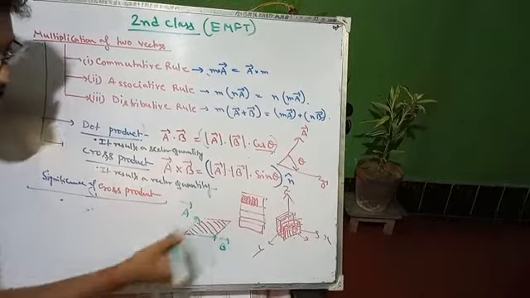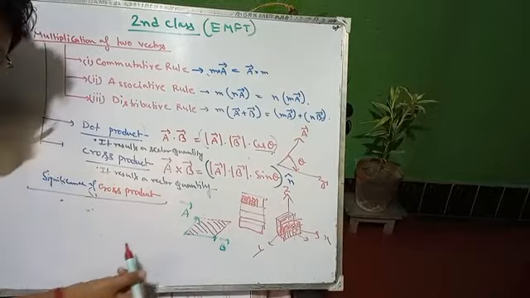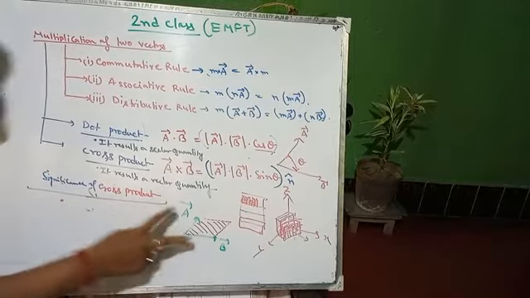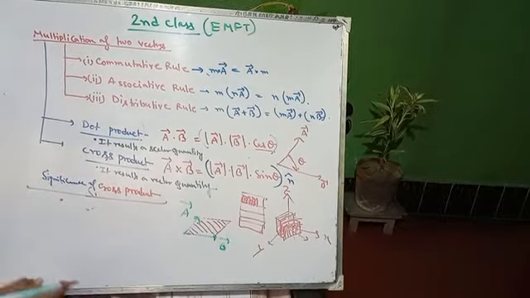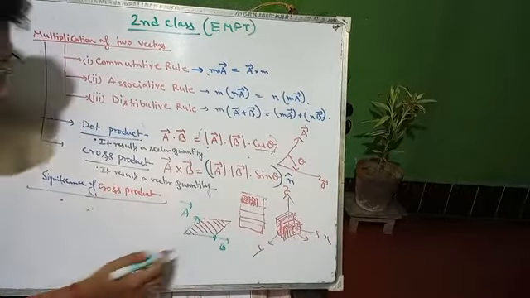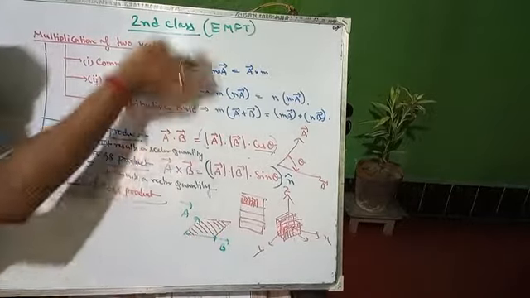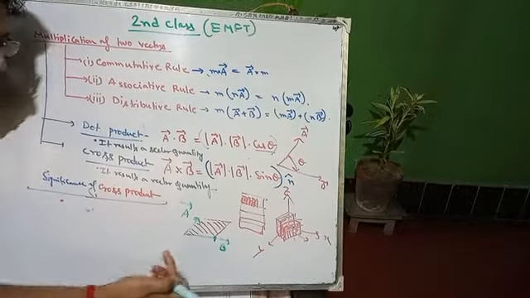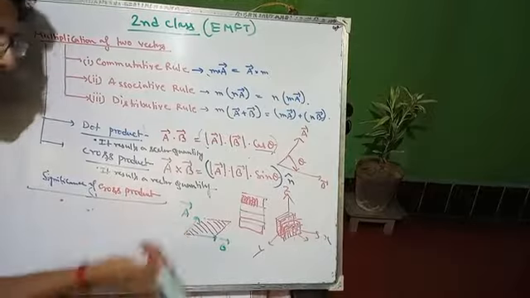So what is the direction of this surface? It is just the perpendicular. So always remember, the surface which is formed by these two vectors will have some unique direction, which is nothing but the perpendicular direction made by these two vectors. So what is the perpendicular direction? Suppose this board is a surface. So the perpendicular direction will be this one, or behind this board. So either this direction or behind this board.